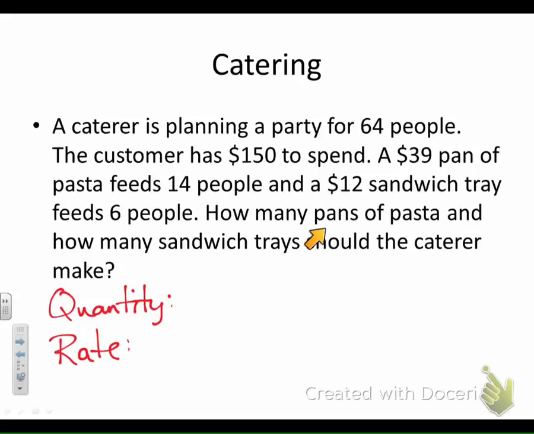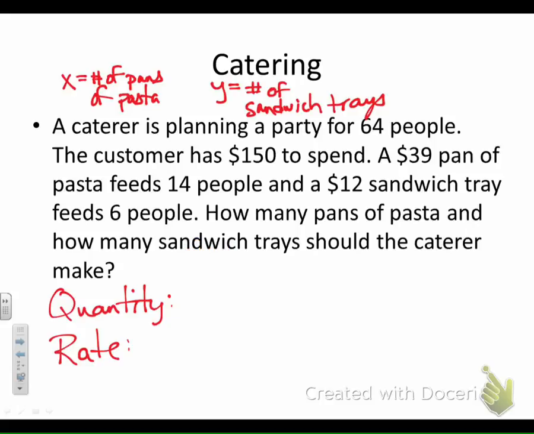So how many pans of pasta? How many sandwich trays? Go to the question to figure out what your variables are. So x is going to be number of pans of pasta. Y will be number of sandwich trays. Now that I've mapped out what those are, let's go to the rate. The rate's going to deal with the money. It costs $39 per pan of pasta. So $39